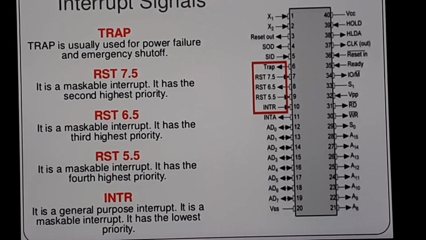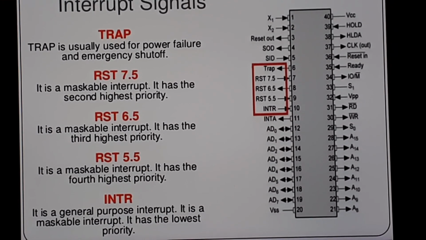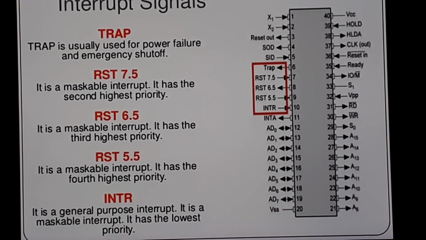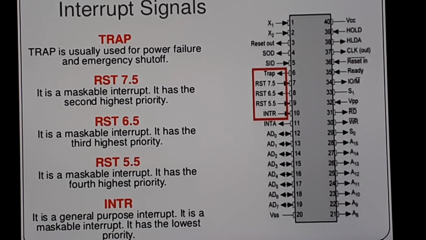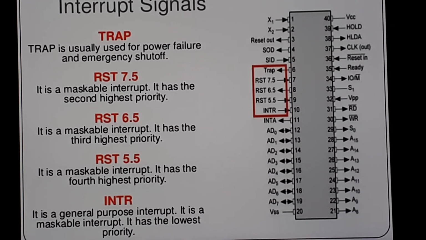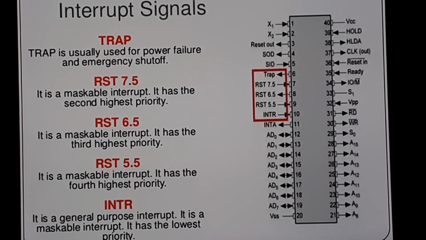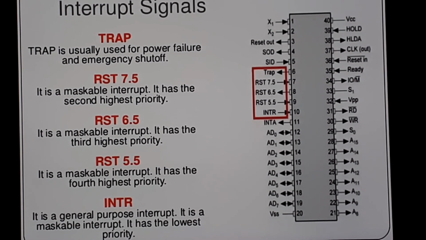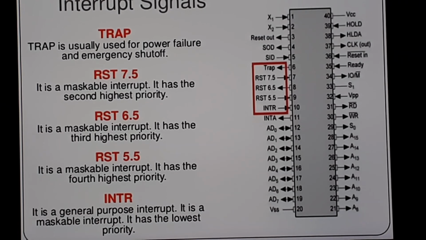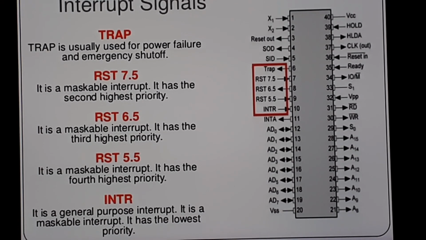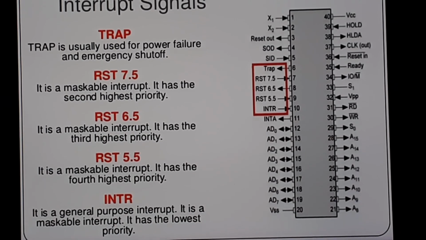Second, you can say it is unaffected by an interrupt, and also it is usually used for power failure. So power failure, when a fire is detected or when you have an emergency shut off, you use this particular pin. When some fire is detected in the microprocessor kit, you will connect this pin, so it will put the microprocessor into shut down mode. Okay, you can say that.